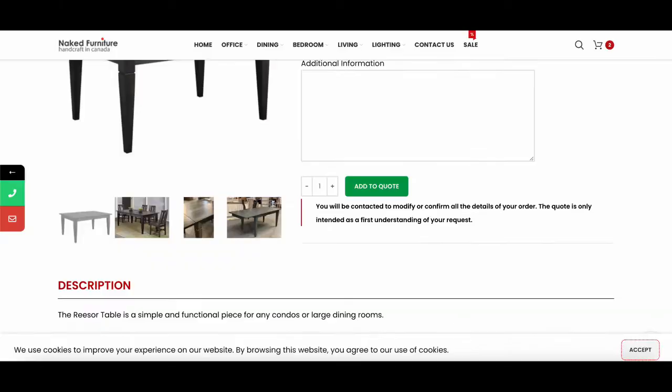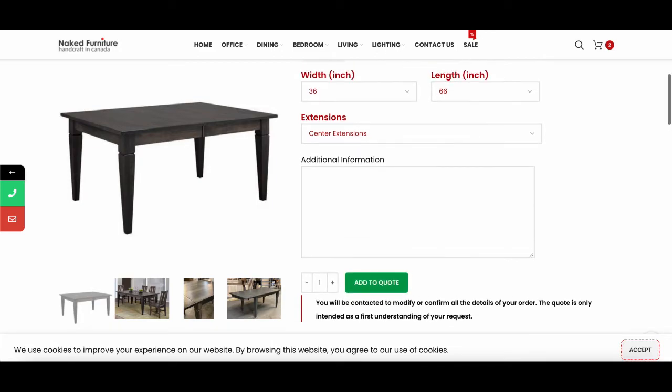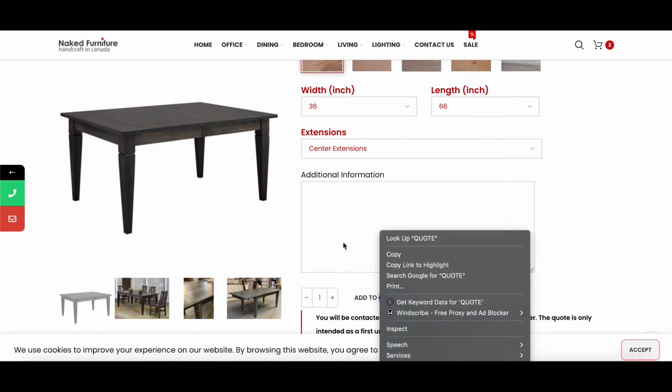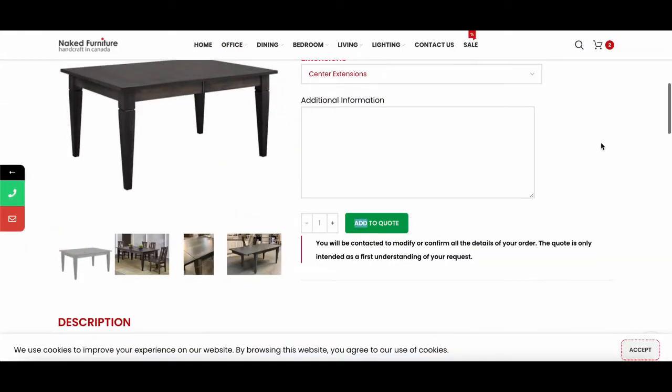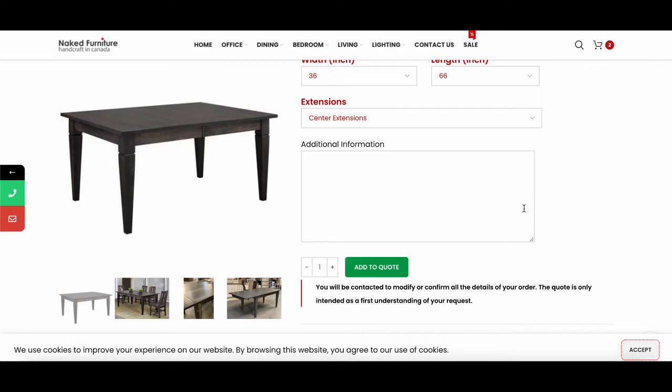So in this actual situation, we have a form whose call to action text is add to code, and we can check the form ID, class, or anything else. But since I really want to measure every call to action that is called add to code, I can simply use its call to action text. So I'll come back here,